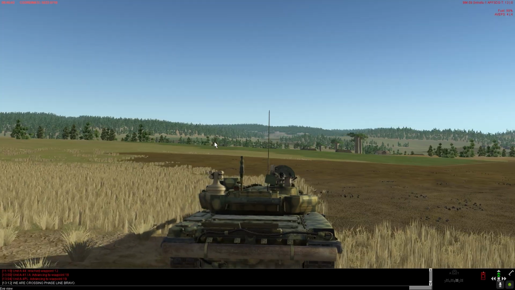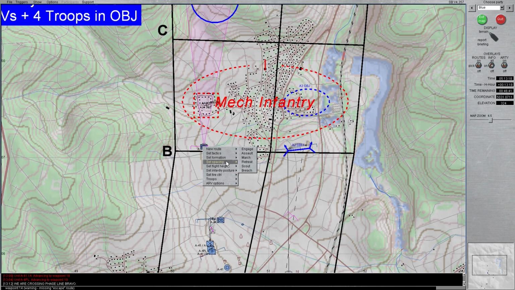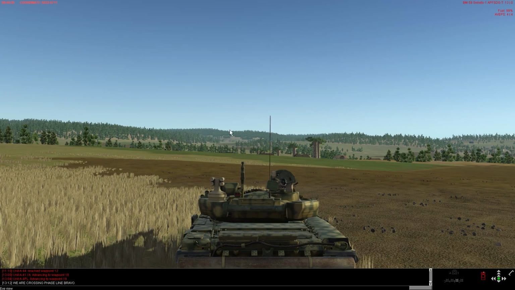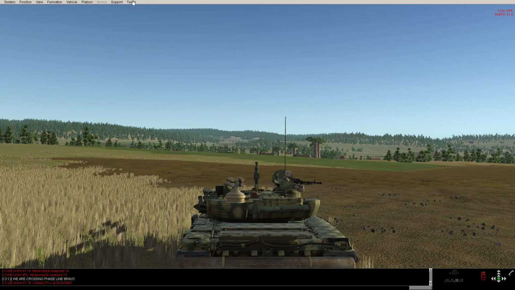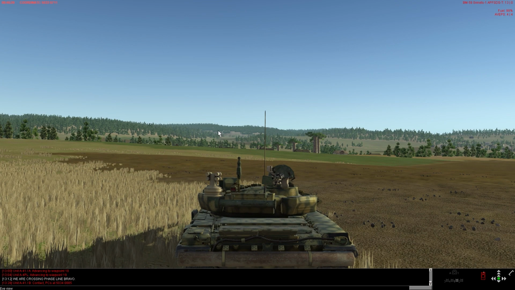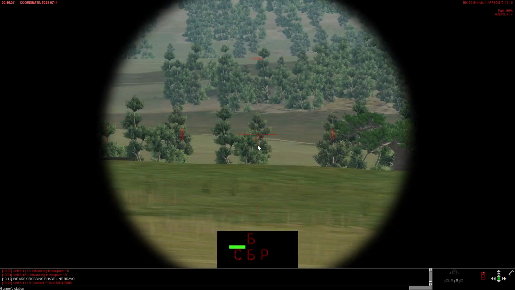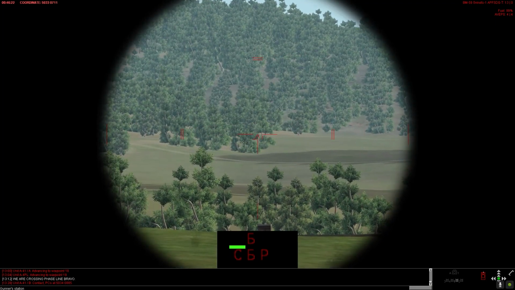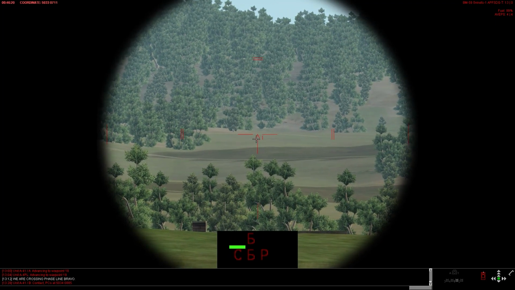All right, we've crossed phase line Bravo, and we are moving to establish an overwatch position on the objective. Objective's basically right there. That's the sub-objective we're going to have to clear. Got some PCs on the objective itself that's being spotted by one of our elements. I think that's 4-1, so...